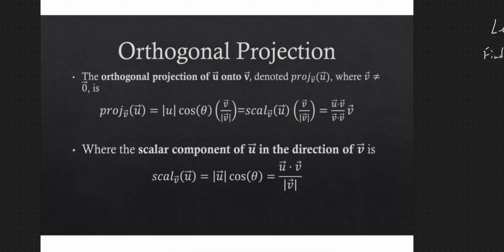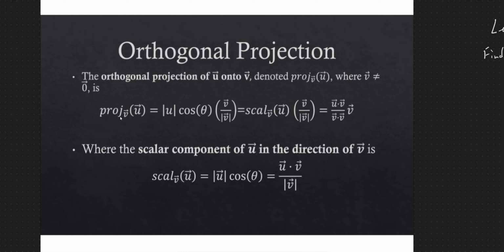Hello and welcome back. In this video, we're going to go through an example of finding orthogonal projection, both the orthogonal projection and the scalar component of u in the direction of v. So the scalar projection as well. We're going to find those. This first slide is just reminding you of these formulas that we came up with in the previous video,